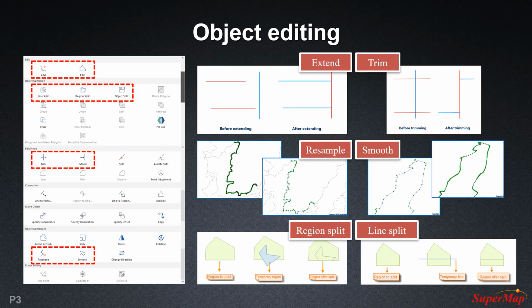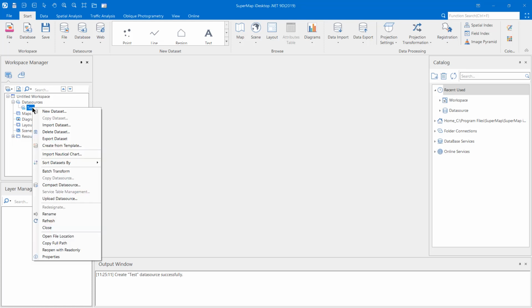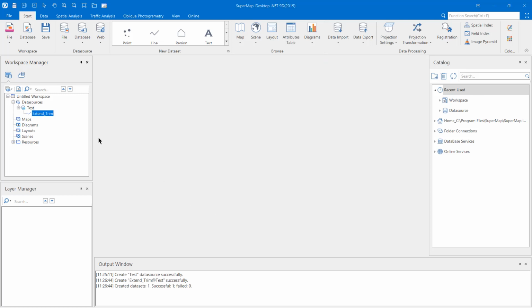These are the several operations that we will be doing in this demonstration. So let's start off with extending and trimming. Here we have created our new empty data source called test, and we're going to create a line object within this data source. We're going to say new dataset, and we're going to say line, and we're going to call it extend trim. Then say okay. And we're going to load it into a new map,